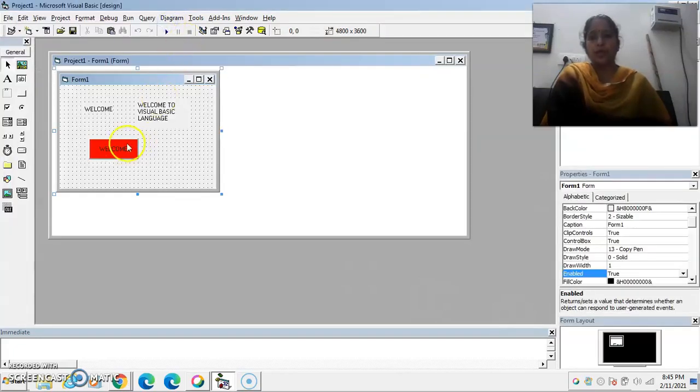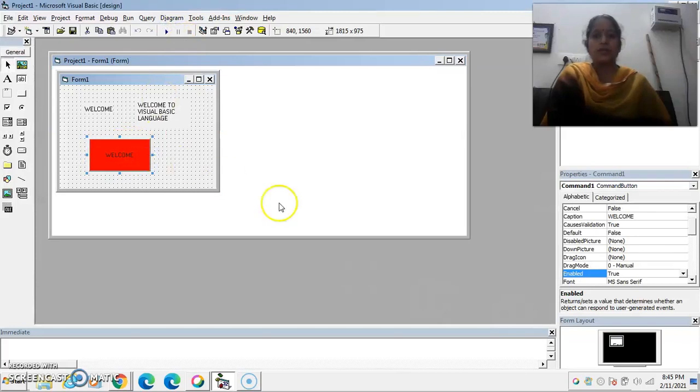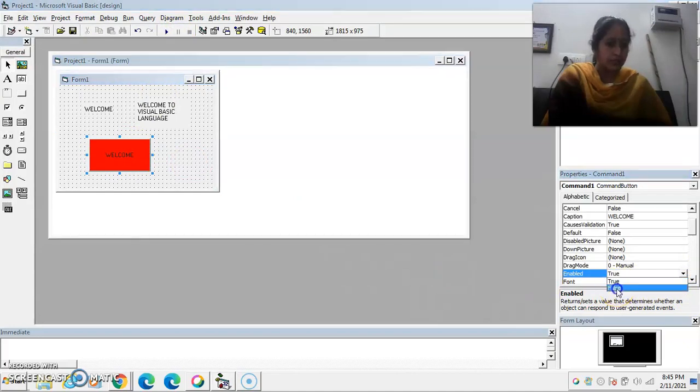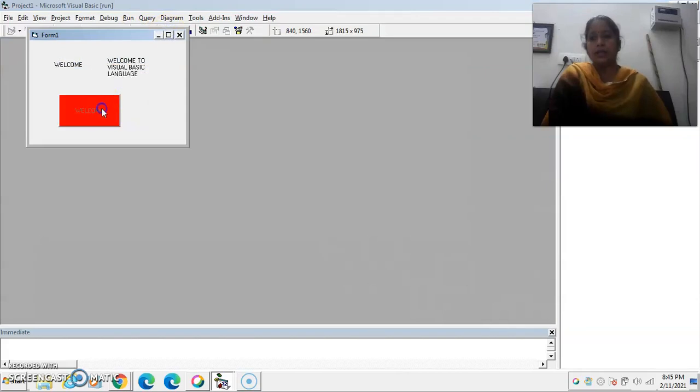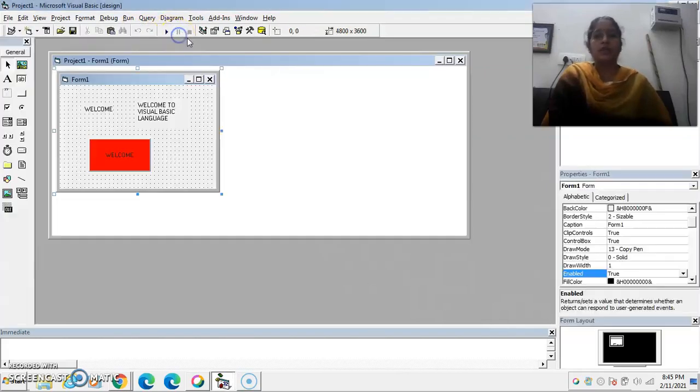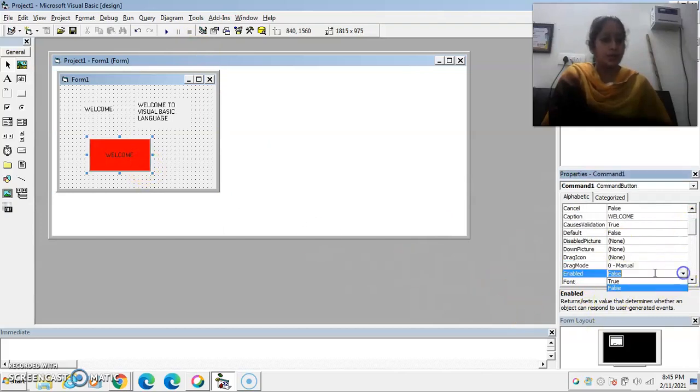Now if you want this command button to not be active during runtime, set its enabled property to false. Now run this program again. Now this command button is not active during runtime. So if you want your command button to be active during runtime, then always set its enabled property to true.